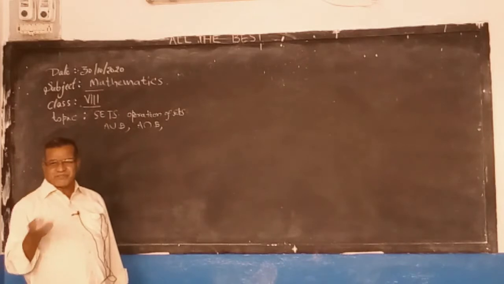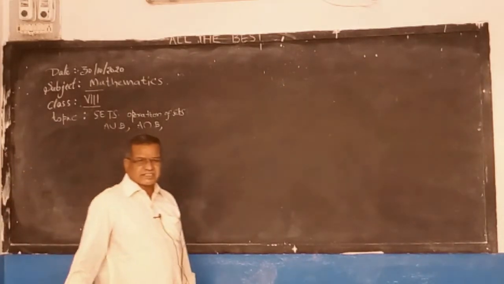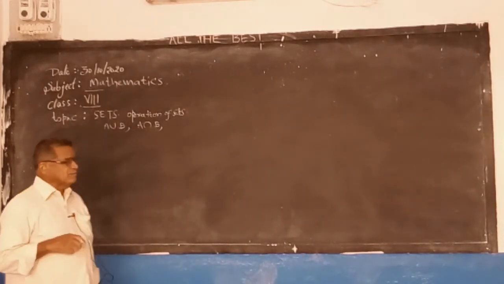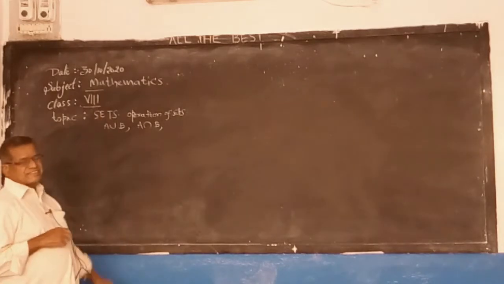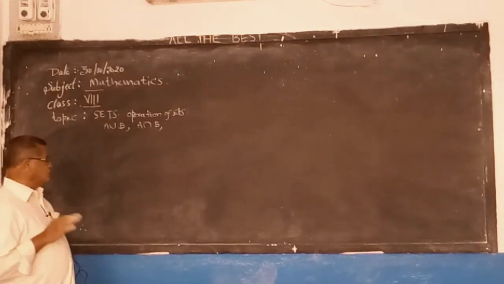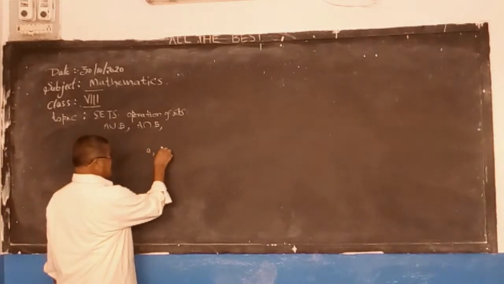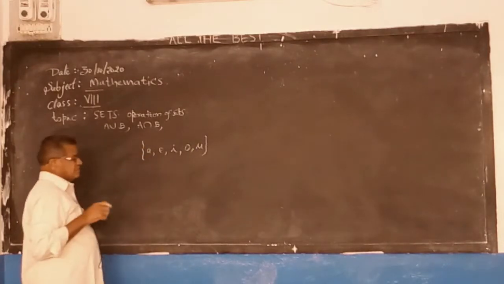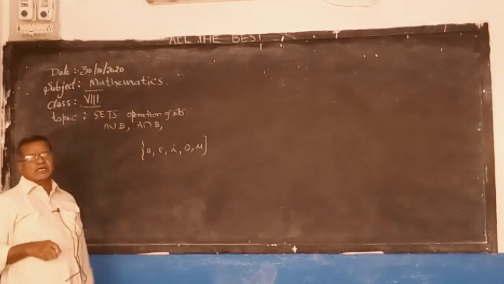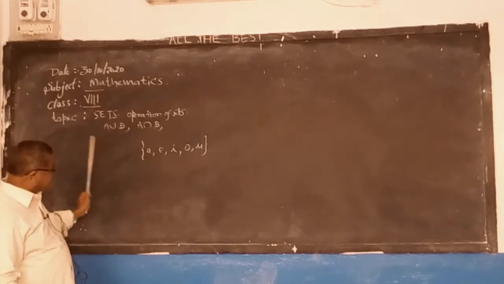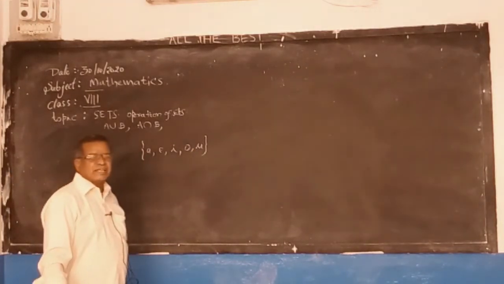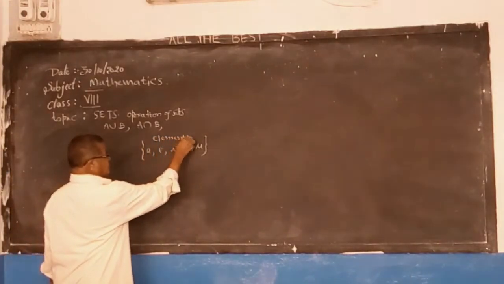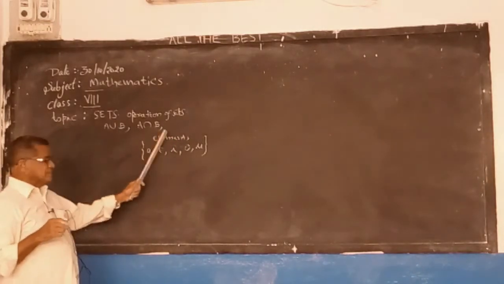Even number, odd number, factors of 6, factors of 24, like that. So these are all defined objects. These objects in the set are called elements. Suppose I am explaining A, E, I, O, U. These are the objects, the vowels of the English alphabet. We say in sets, each one is an element. These objects of the set are called elements.